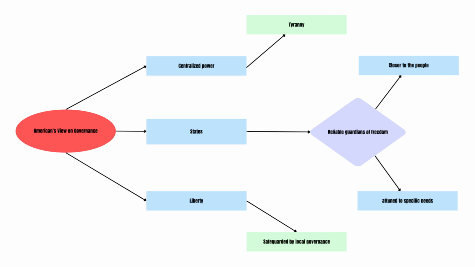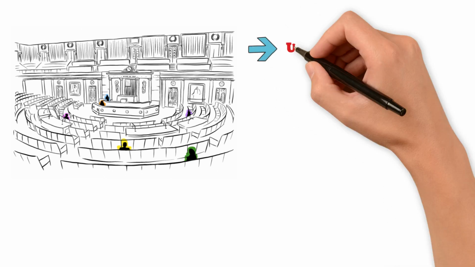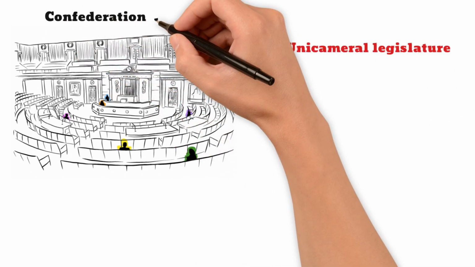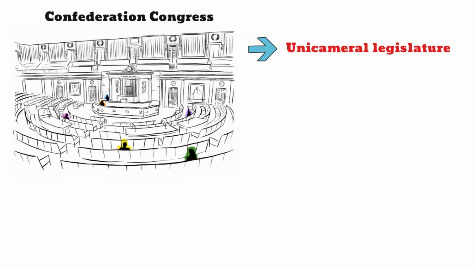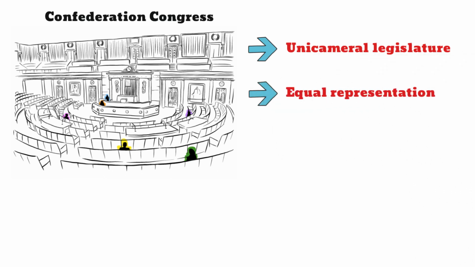So, what did this framework look like? The Articles of Confederation established a unicameral legislature, the Confederation Congress, as the central governing body of the new United States. According to Article 5, each state, regardless of size or population, had one vote, ensuring equal representation in Congress,